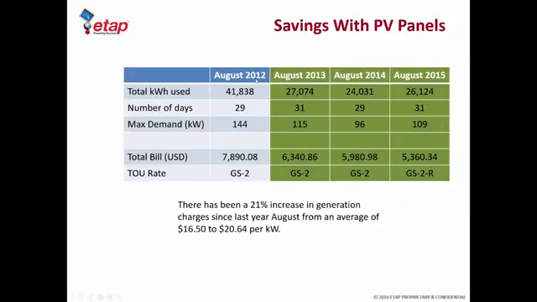So as you can see, 2012, which is in blue, this is before the PV system was plugged in. The kilowatt hours used was about 41,000. Number of days is basically the billing cycle from the local utility. But the other key component here is the maximum demand. It used to be about 144 kilowatts, and this is the actual bill, about $7,800 or $8,000 for the month